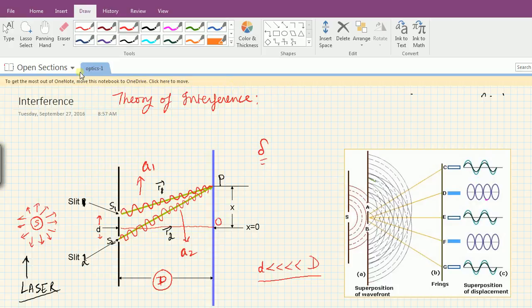This is OneNote software for notes purpose. Here I want to show how one can use it. This is file, home, insert, draw, history, review. These are the main tabs of this OneNote software. So first of all, I'm clicking here on file, and you will see that